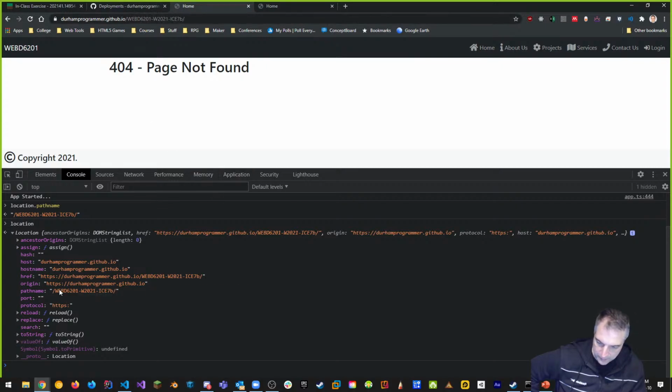That's what it includes, the name of the project between these two areas here. Before we didn't have that, because locally on my project we don't have this project name whatsoever. The path name doesn't include this.